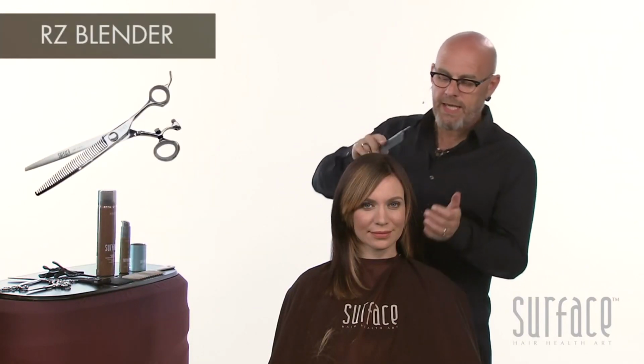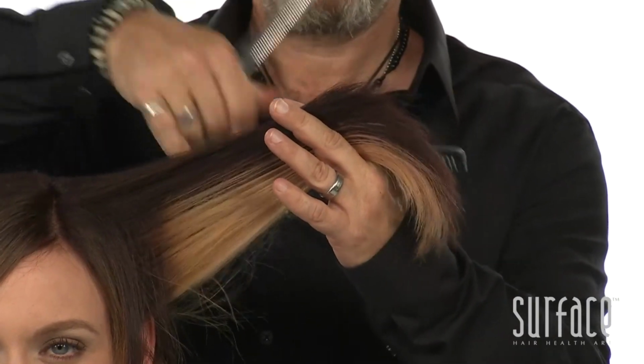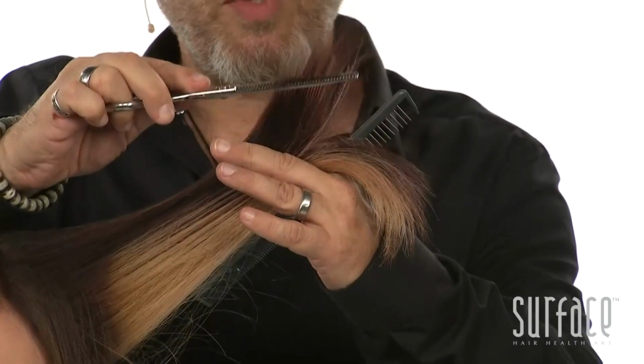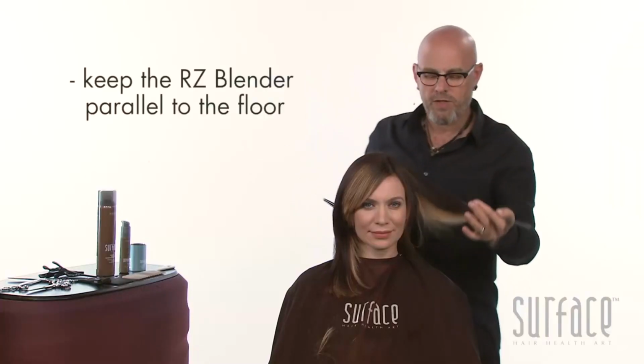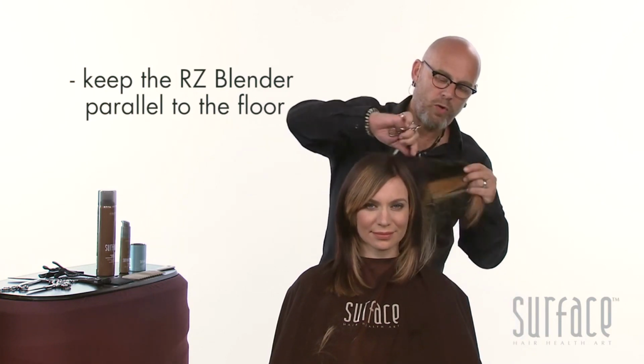Now, using my RZ blender, I will take my layering from the inside, elevate with my length on the outside, keeping the shear parallel to the floor. I will now soften between the two lines. Just a nice soft movement. I will continue that all the way through, working my way into the back,